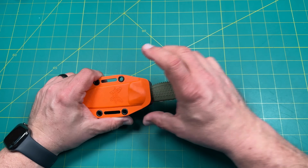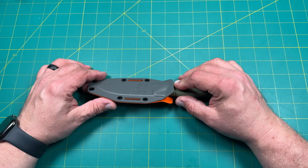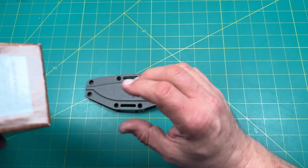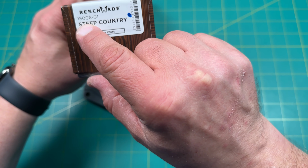So, I mean, it's useful. And if you're a Benchmade fan, you're probably going to dig this. I don't know what the price is. We'll have to check it down below in the link. We'll try to do a review on this knife. Very interesting knife, that's for sure. So the Benchmade fixed blade, this particular one is the Steep Country Blue Class. It's number 15,